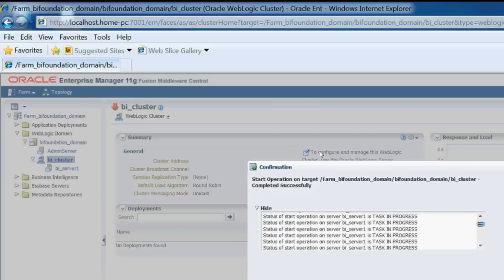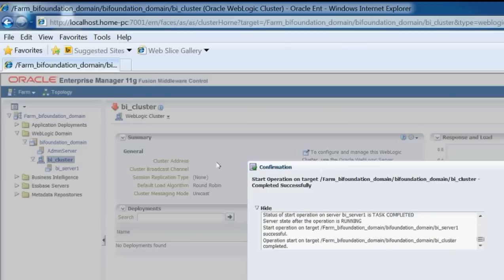After that finally we got one message: status of the start operation on server BA_server_1 is task completed. Server state after the operation is running.